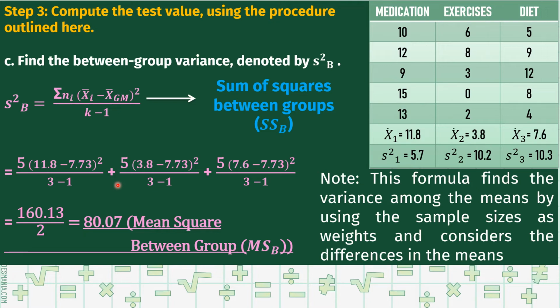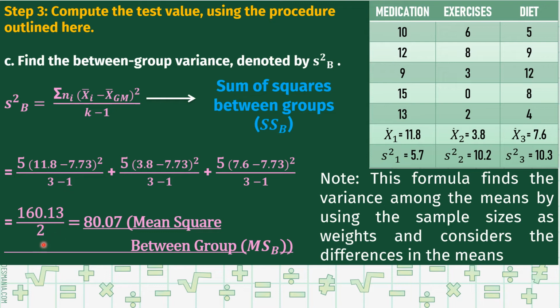Plus, since it is a summation, you will need to add the second group and the third group. So plus 5 times the mean for this, which is 3.8 minus the grand mean, which is 7.73, squared, all over 3 minus 1, plus 5 times 7.6 minus 7.73 squared, all over 3 minus 1, which is equal to